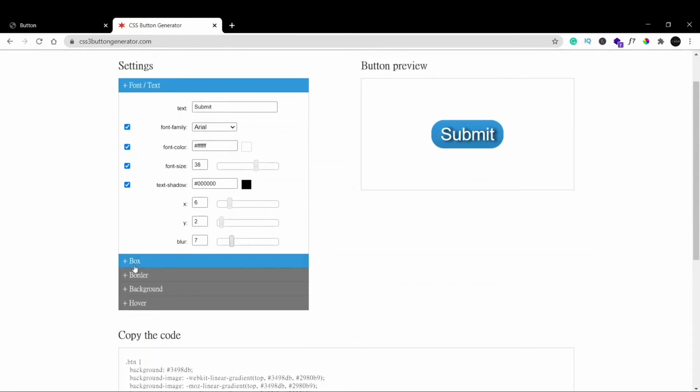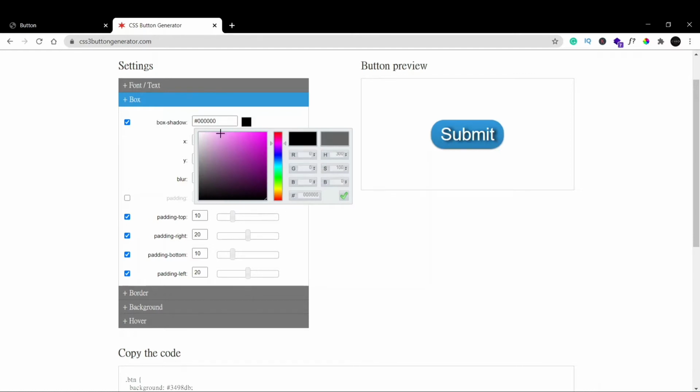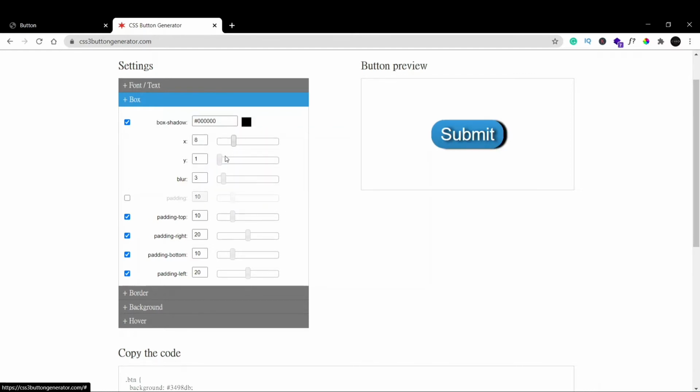Okay, the next option that we have here is box. If you want a box shadow, let's again pick a black box shadow. We'll increase the size. You can see X and Y axis, we want it on both sides, and let's make it a little bit blurred so it looks neomorphic. Let's add a bit of padding. Let's increase it, or let's just leave padding alone because it does not look good. You can see you have common padding on all sides, or you have padding for all 4 sides. So you can just adjust the level you want, top, bottom, right and left, and then move forward.